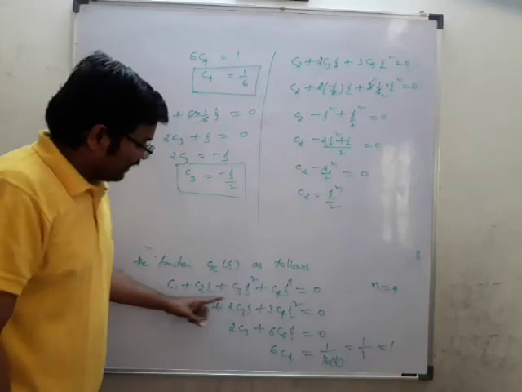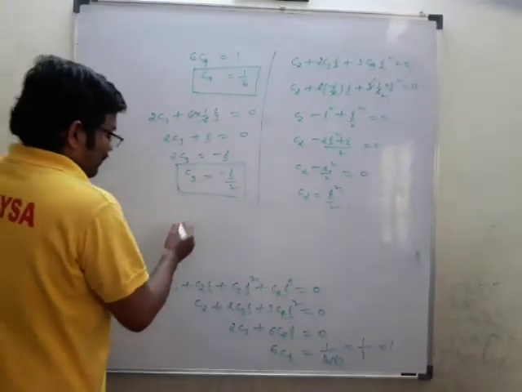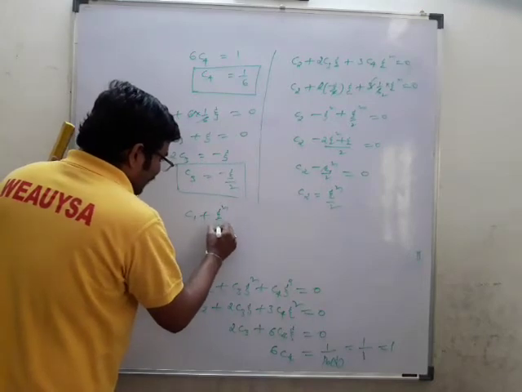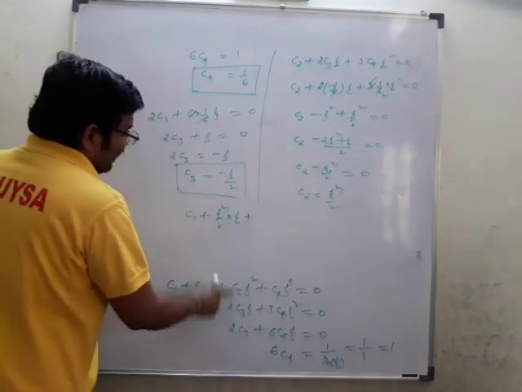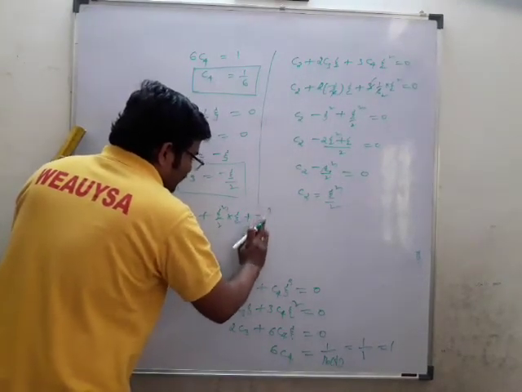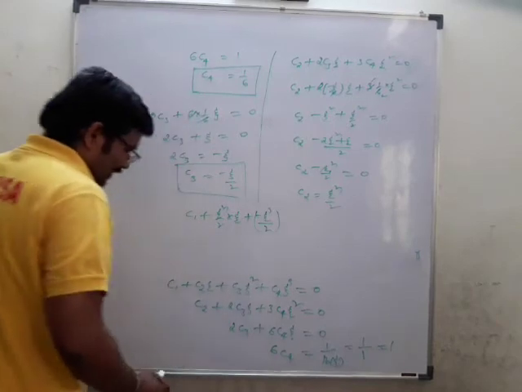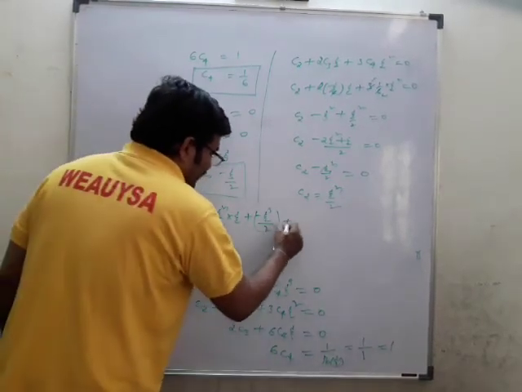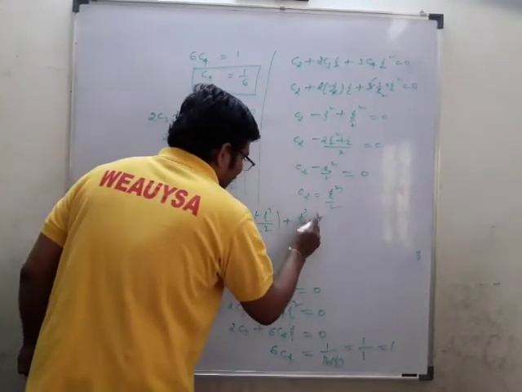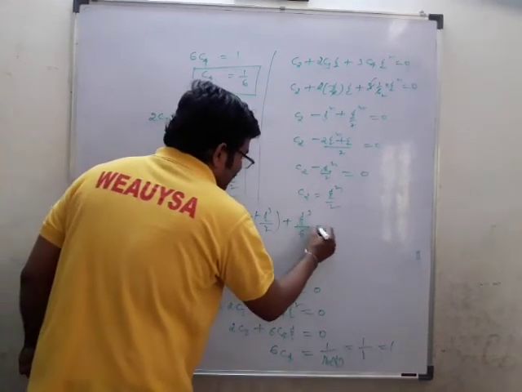Now we'll substitute C2, C3, C4 in the first equation and you will get C1. So we find C1 plus C2, which we got as xi square by 2, into xi, plus C3, which is nothing but minus xi, so this is minus xi cube by 2, times xi square. That is nothing but C3 xi square plus C4 xi cube, where C4 is 1 by 6, so this is xi cube by 6, equal to 0.